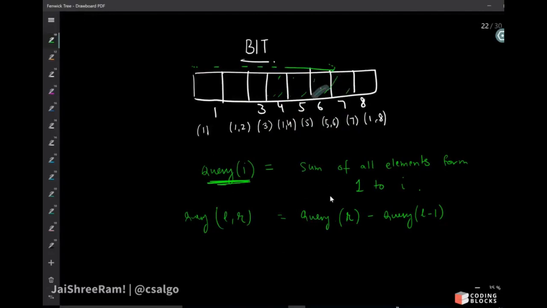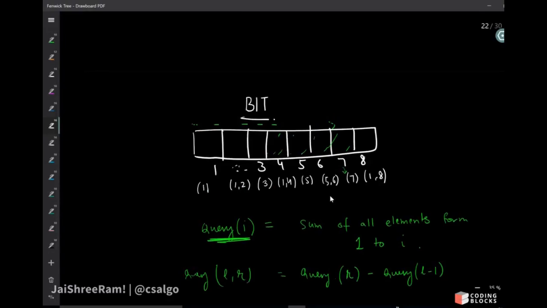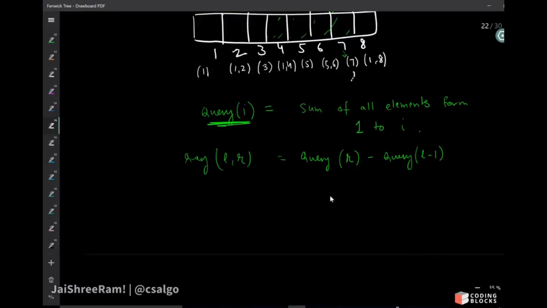तो BIT में हमें पता है कि जो 7th नोड है वो क्या स्टोर कर रही है, 7th नोड सिर्फ 7 का आंसर स्टोर कर रही है, राइट। तो अगर आपको 1 से लेकर 7 तक का सम चाहिए तो आपको कुछ नोड्स कंबाइन करनी पड़ेंगी, राइट। कौन कौन सी नोड्स कंबाइन करनी होंगी देखते हैं। यहाँ पर 2 है, तो दिस एलिमेंट इज 2, एंड 7 के लिए आपको देखो 7 चाहिए होगा, 5 से 6 चाहिए होगा, एंड 1 से लेके 4 चाहिए होगा, राइट। बिकॉज अगर आपके पास 1 से लेके 4 तक का सम आ गया, ठीक है, 5 से 6 तक का सम आ गया और 7 तक का सम आ गया, तो आपका काम हो गया।